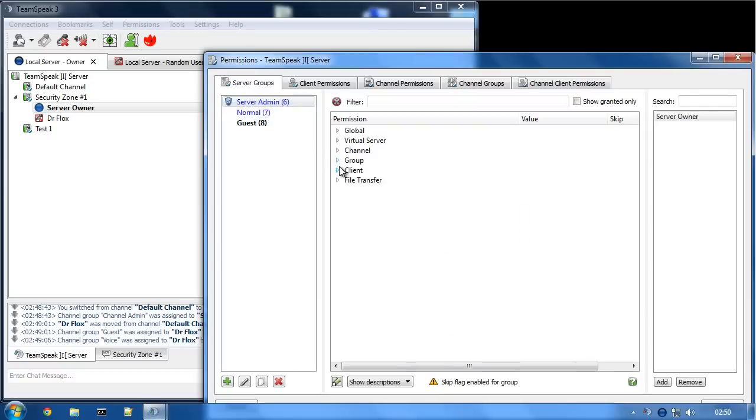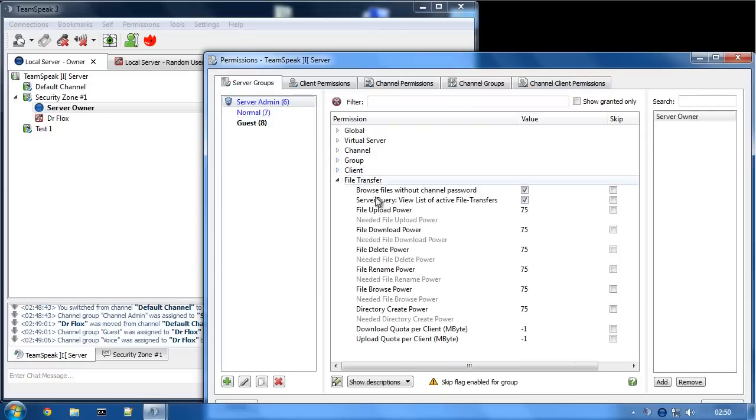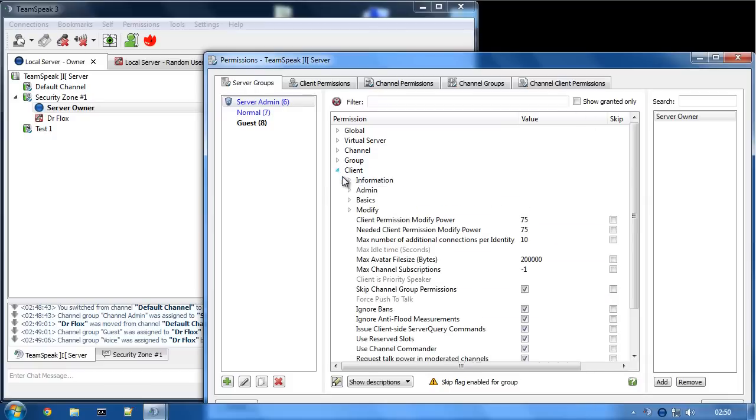And the reason why that is because under the client permissions, there's this permission, which is so important and so able to bypass things that they actually give you a warning message down here letting you know that that permission has been enabled for this server group. So if I click normal, it goes away. So you should never allow the rest of your admins to have this, because it bypasses all channel and channel group permissions, which effectively lets them go here, there, and everywhere without having to worry about, do they have permission